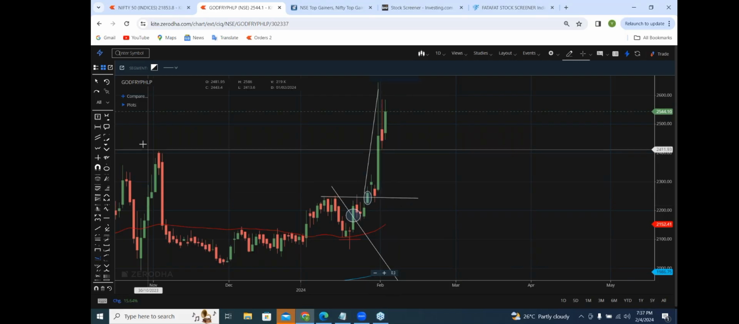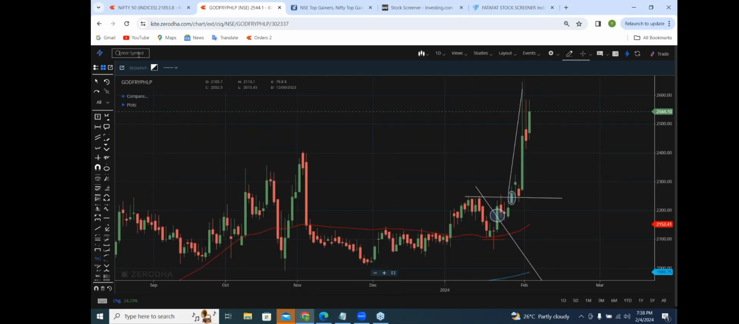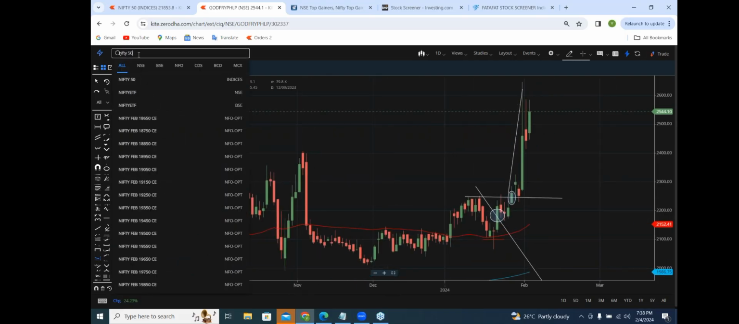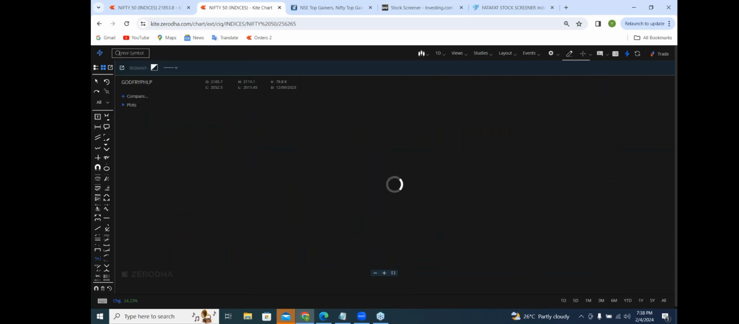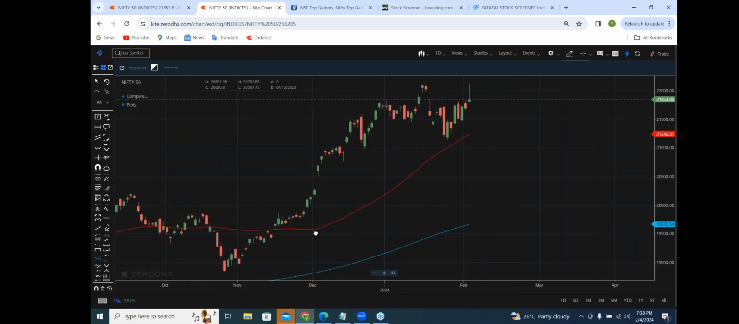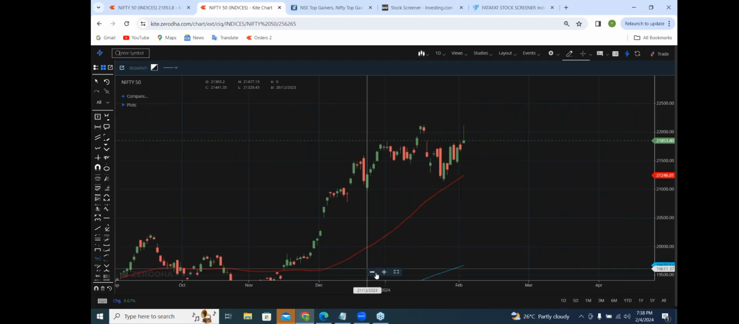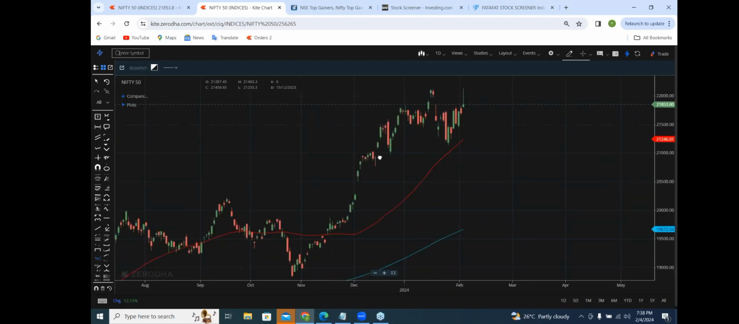Okay. So let me check what is the status of Nifty 50. So what is the sentiment in Nifty 50? Is it bearish? Many people said